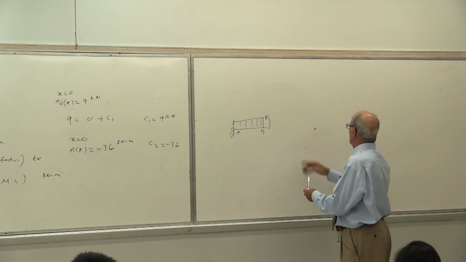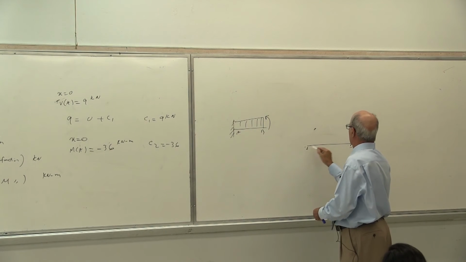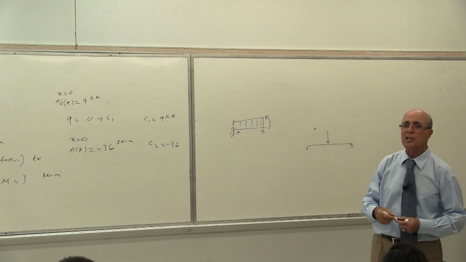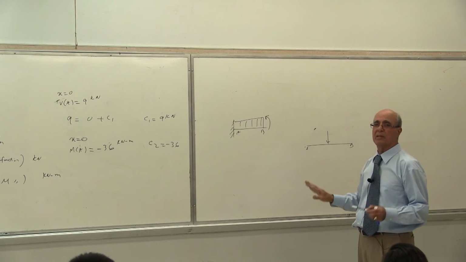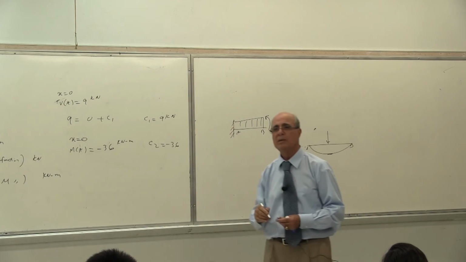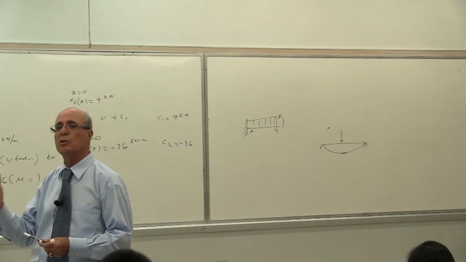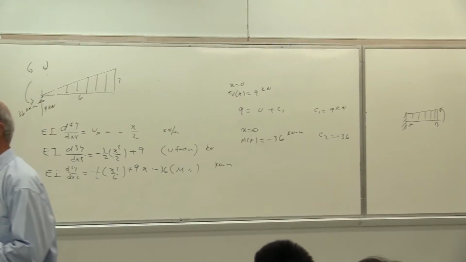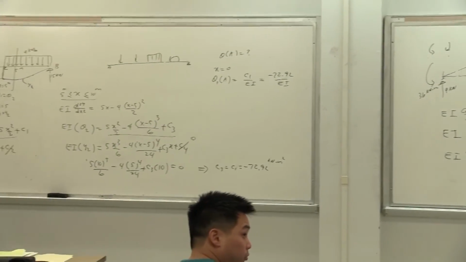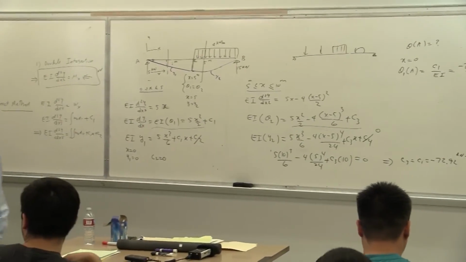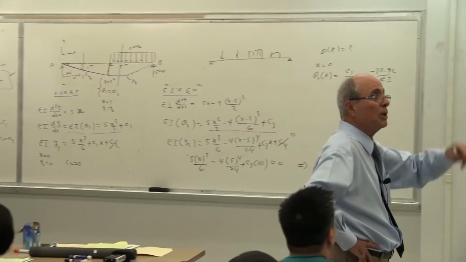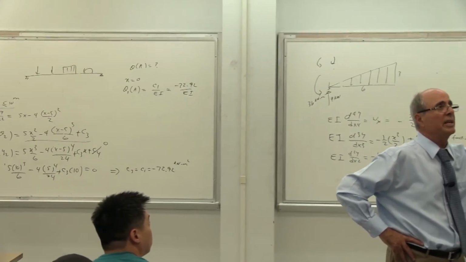However, if this load is at the middle, do I need to do it in two parts? No, because it is symmetrical. And if it is symmetrical, theta at the middle must be equal to 0. So you use that technique, only do half of it. So please be careful. All of this math part is part of this. You have to be good at math to understand all of that. Yes or no? But it requires also a little practice. Don't do extra work. You do 1 or 2 problems. If there are 10 or 12 problems, do one of each kind correctly, and you will be set.